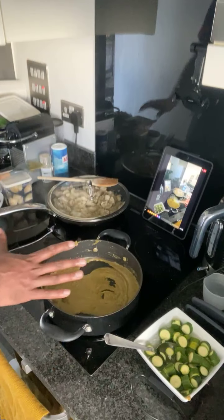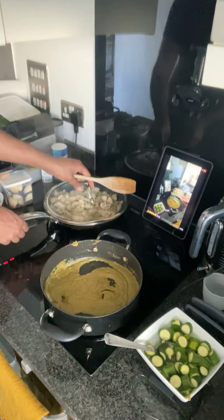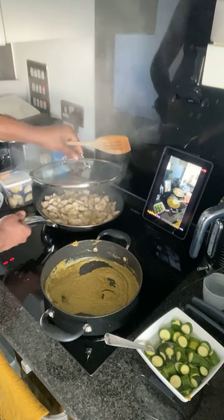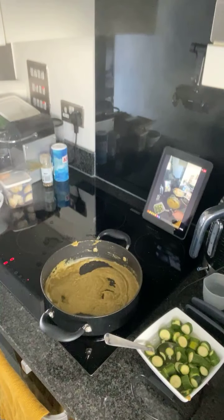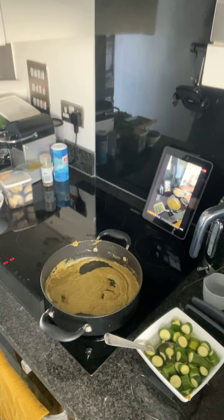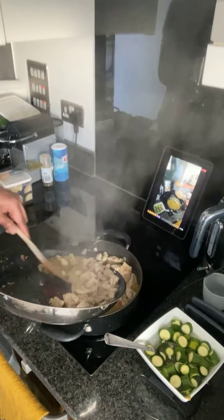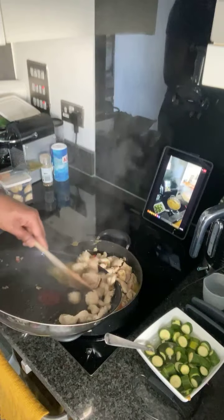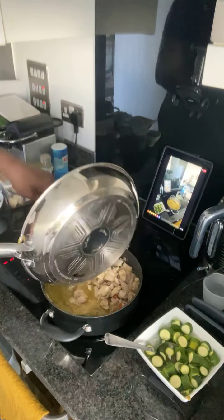Okay, but it's almost there, it's brown enough, so I'm not going to keep it up much longer. I'm going to start bringing in the bits and pieces. So what you want to do now is add your chicken. Okay, so that's the chicken going in. So that paste. Get those juices in there as well. The galangal, the red chili,